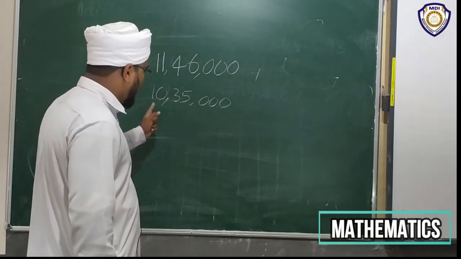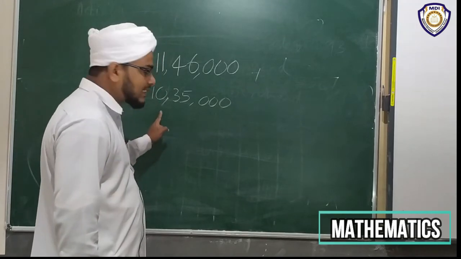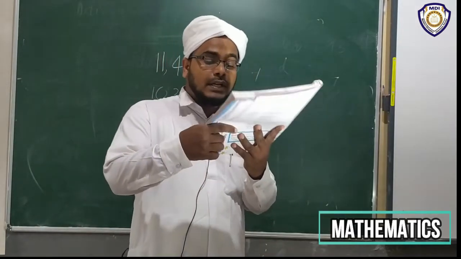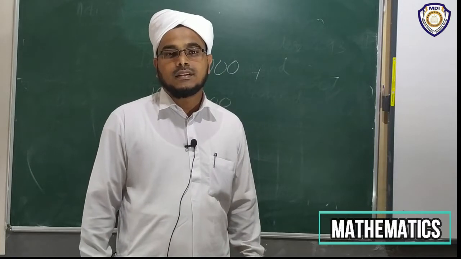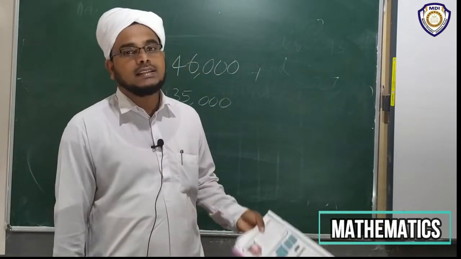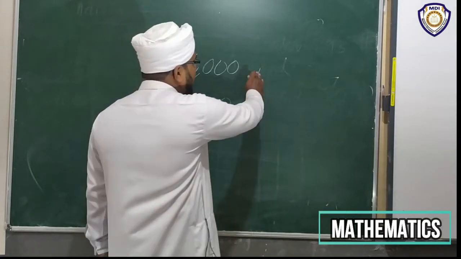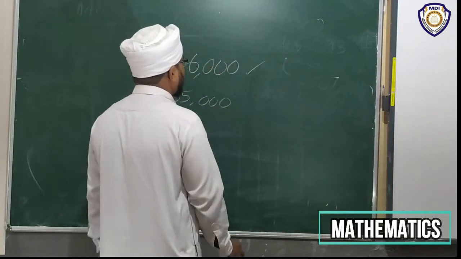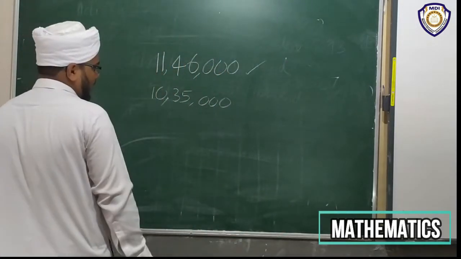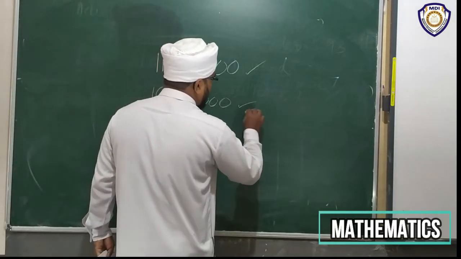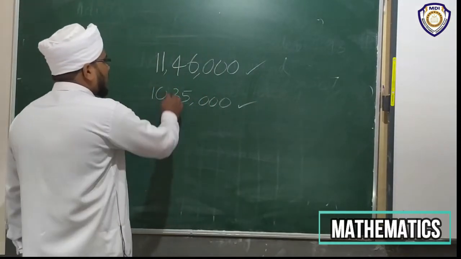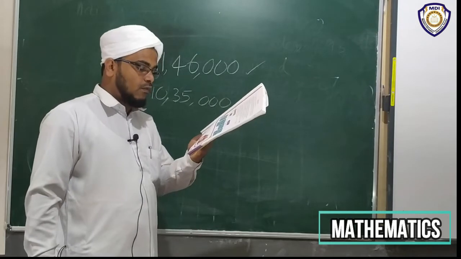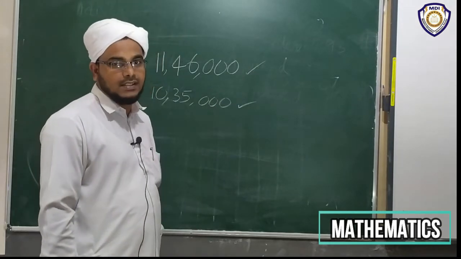Srinath bought the house for 10,35,000. Then the question, what amount did Mr. Srinath save? If he had bought the house for the earlier price, he would have lost more money. When he bought it for this money, he got some savings. How much? What amount did Mr. Srinath save? This is the question.